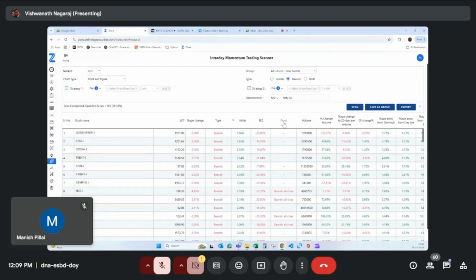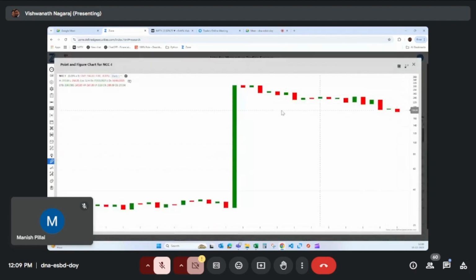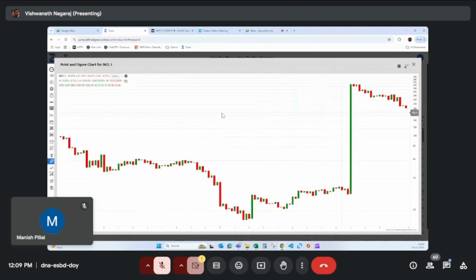Now, iVolar, if you really want to do it, you can export it. Bearish all clear. This is my first. This is the best iVolar, and this is where all clear position is there. You go to NCC, right? But this